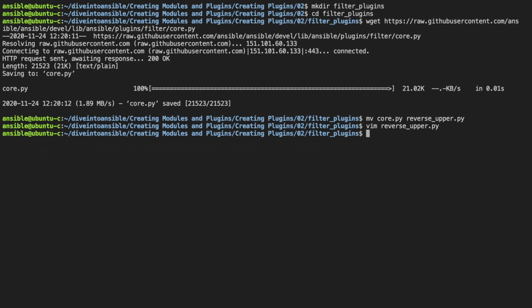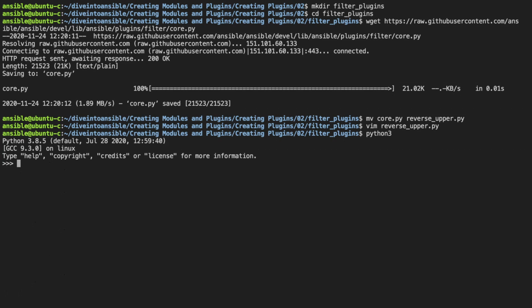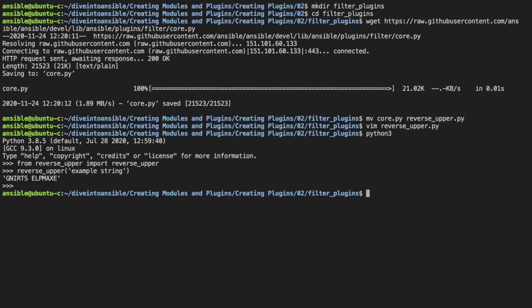Whilst we're here, we can test this in Python. So if we run Python 3, and from reverse_upper, we import the reverse_upper method. Okay, that's worked, and let's just try this. Okay, great. So that's worked as expected. Just going to Control D out of that. And then if we go to the previous directory,